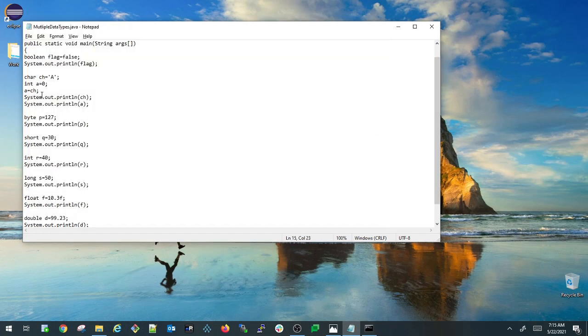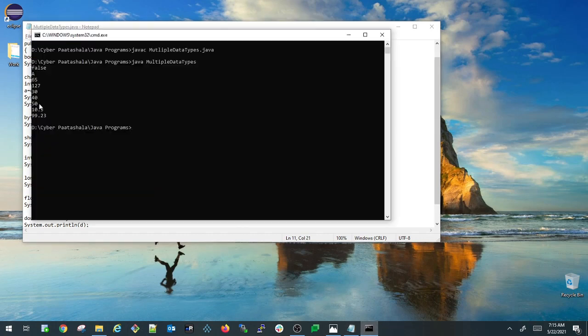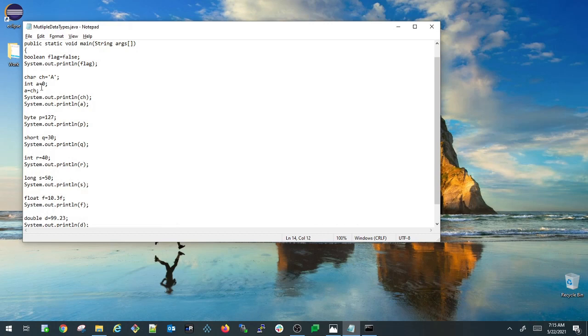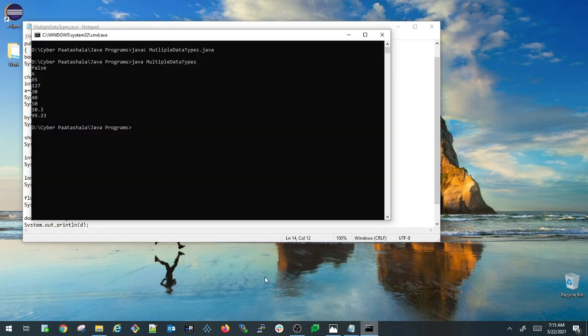If you see here, it printed the first character ch, which is a, and the second one it printed the corresponding integer value for the character a. Here 65 is called the ASCII code for the capital letter A. In the same way we have ASCII codes for all the characters, including the special characters.